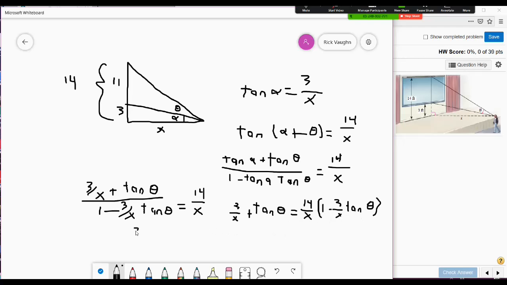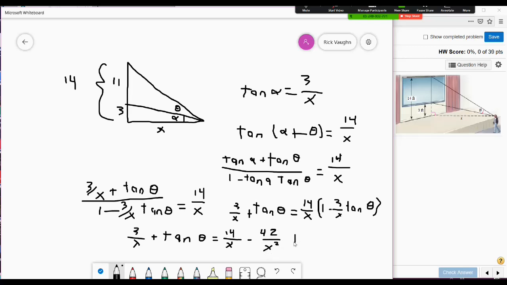So I'll have 3 over x plus tan theta is equal to 14 over x minus 3 times 14 is what, 42 over x squared